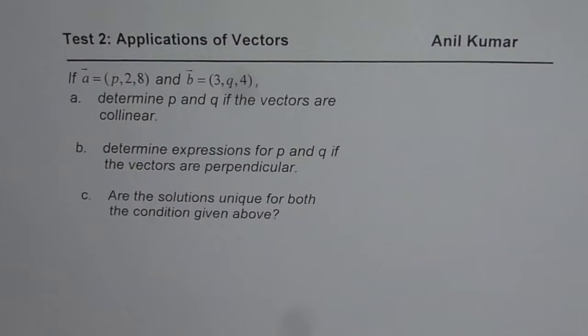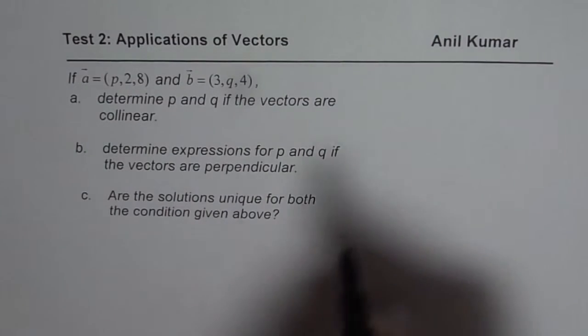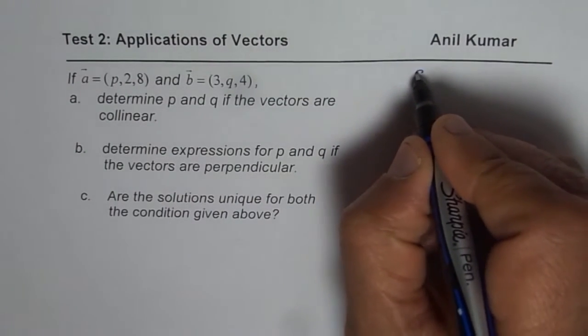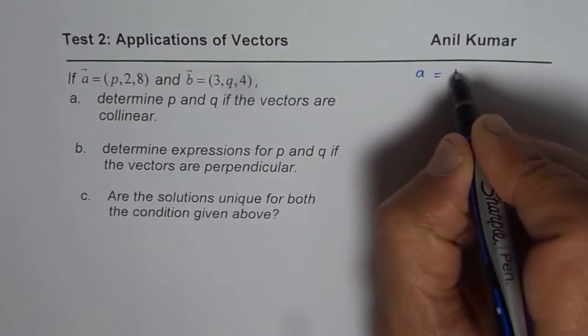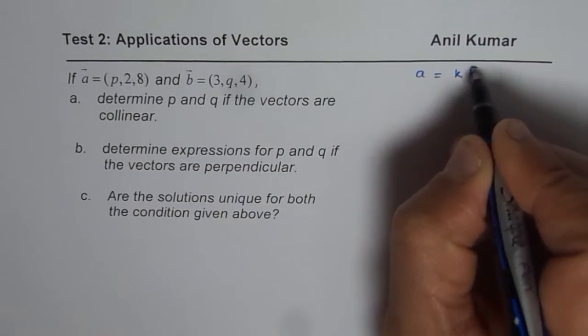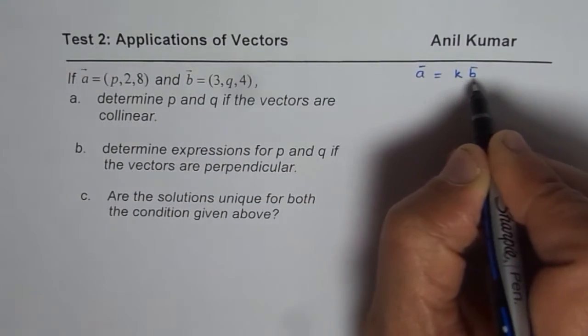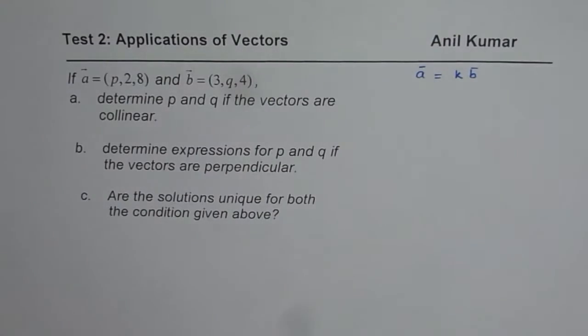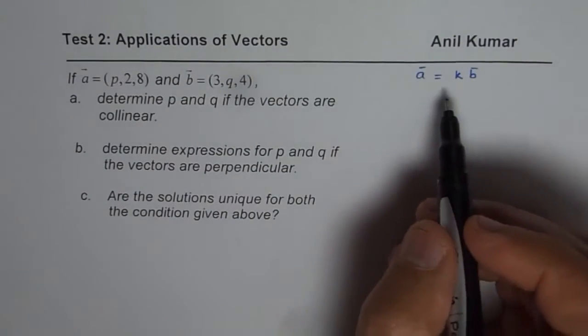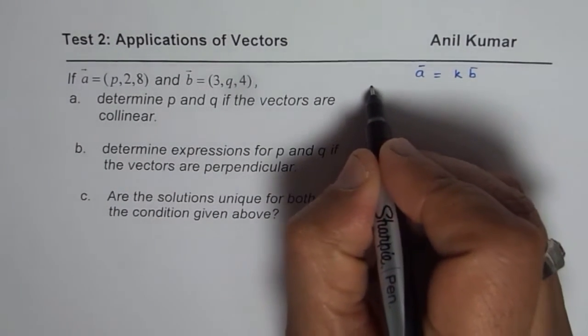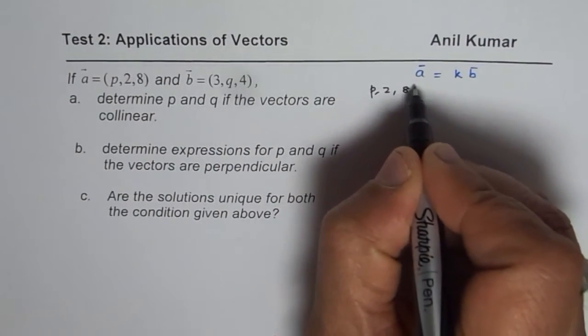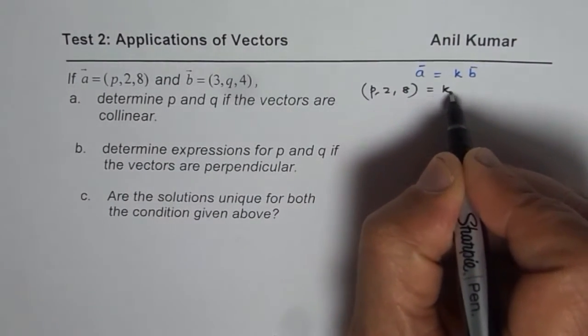Now the first condition is vectors being collinear. When I say vectors are collinear, that means they are scalar multiples, right? So we could say if A equals K times B, then they are collinear. So let us solve for this. We have vector A as (P, 2, 8) equals K times